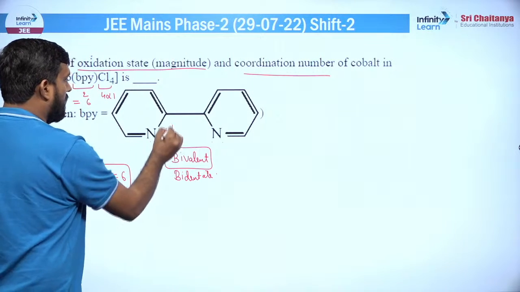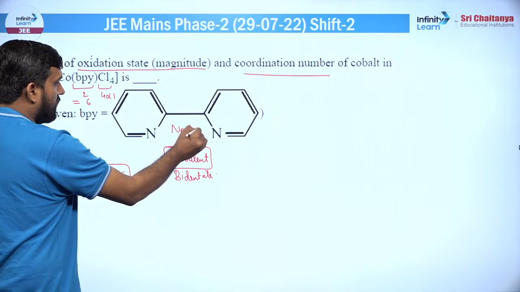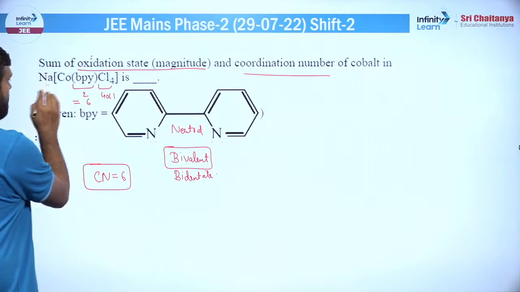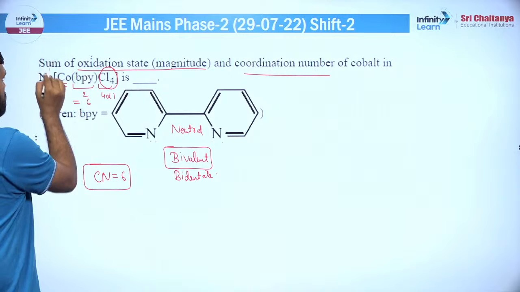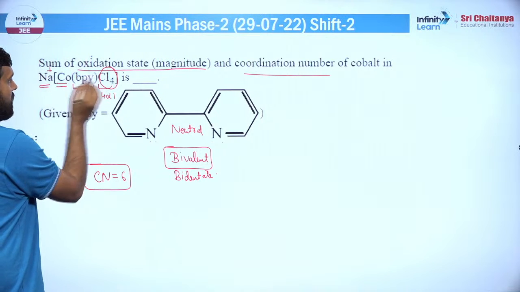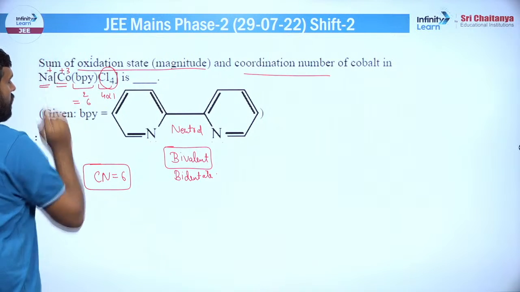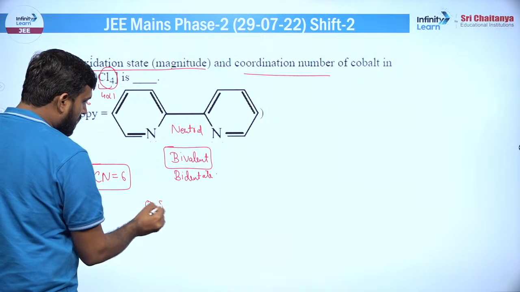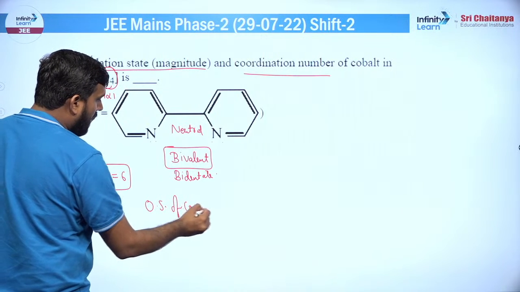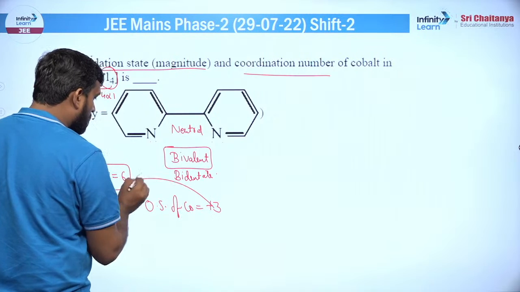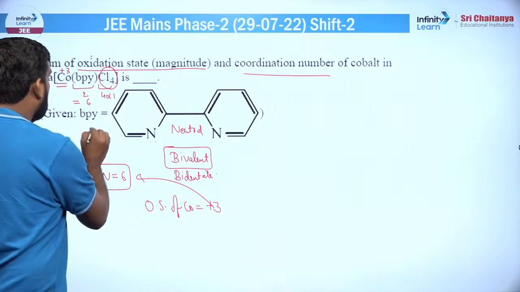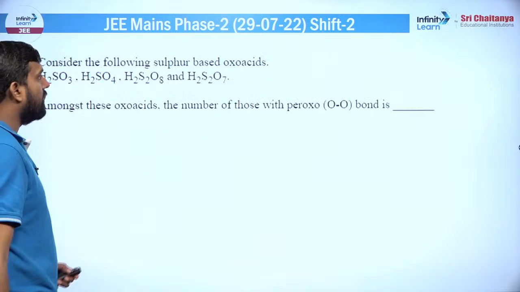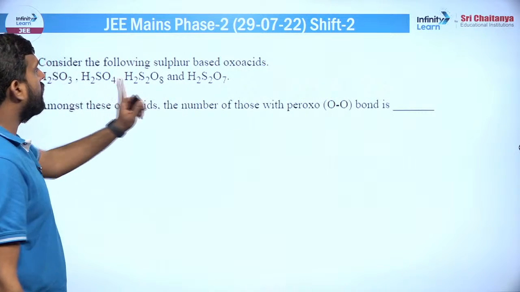अब चार्जेस की बात करें तो ये न्यूट्रल है, अगर आप ध्यान से देखोगे ये लिगेंड जो आपको नजर आ रहा है ये न्यूट्रल है। अब यहां पर सोडियम है, यहां पे कोबाल्ट है, और इनको बैलेंस करना है किसको, 4 क्लोरीन को। तो सोडियम 1 क्लोरीन को बैलेंस कर रहा होगा, बचे कितने, 3, तो 3 को कौन बैलेंस कर रहा होगा बेटा, कोबाल्ट। तो जो ऑक्सीडेशन स्टेट ऑफ कोबाल्ट इसमें आ रहा है वो आ रहा है +3, दोनों को जोड़ दीजिए। तो जैसे ही दोनों को जोड़ोगे इट विल बी 9, तो ये आपका आंसर हो जाएगा 9।